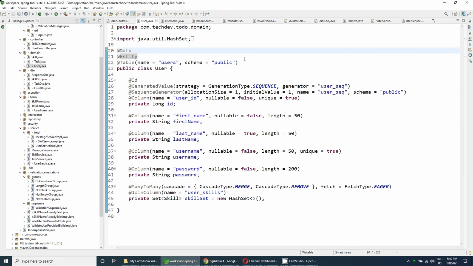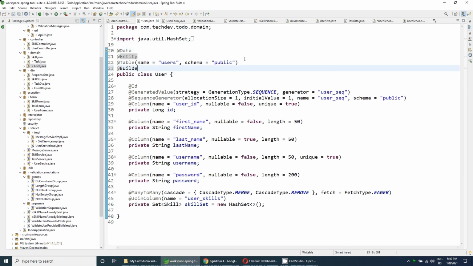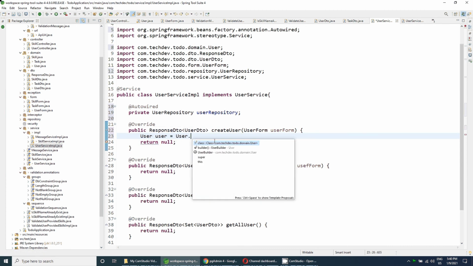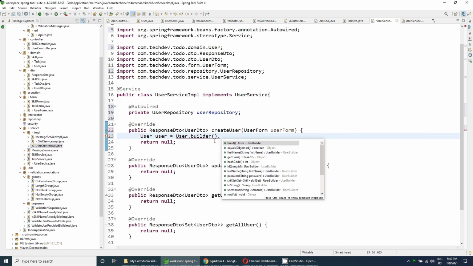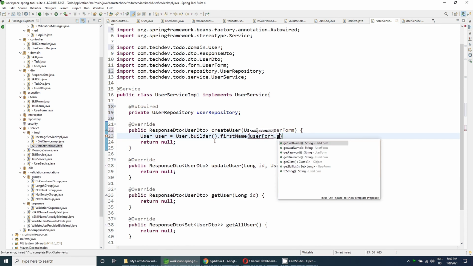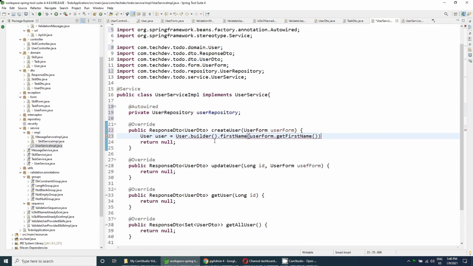So I will use the @Builder annotation. Instead of new User, I will say User.builder, and I will set the data now. That is for the first name, userForm.getFirstName, then the last name,